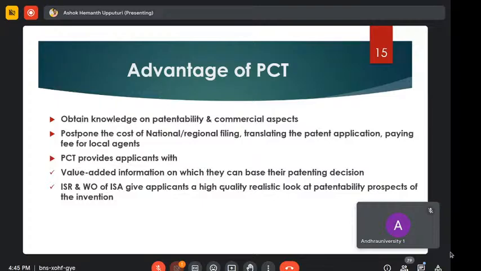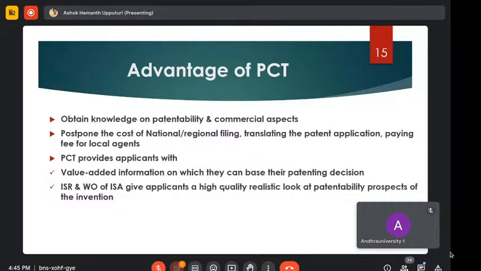So, the advantage of PCT: obtaining knowledge on patentability and commercial aspects, because you have an extra 18 months compared to the Paris Convention. So totally you have 30 months from the date of priority. So you have plenty of time to get knowledge about patentability. For example, if you want to launch in Germany, France, the US or some other countries, in these 30 months, because you secured your priority by filing the PCT application,